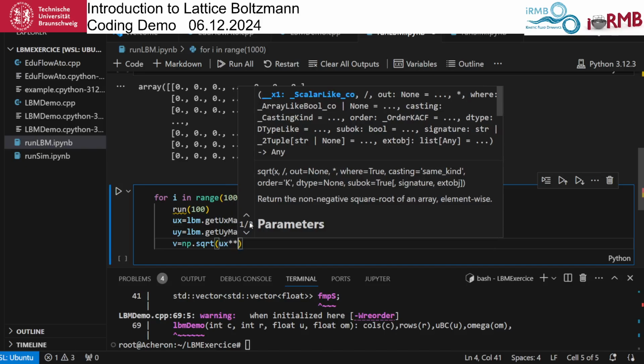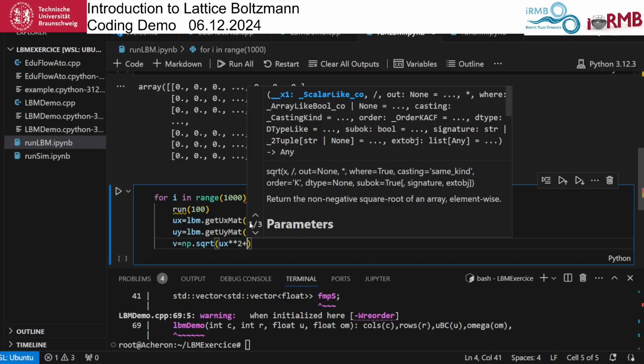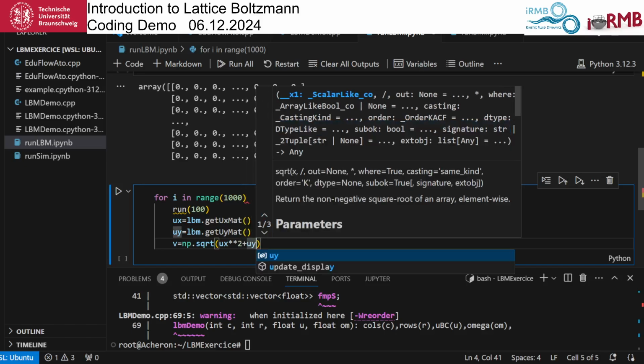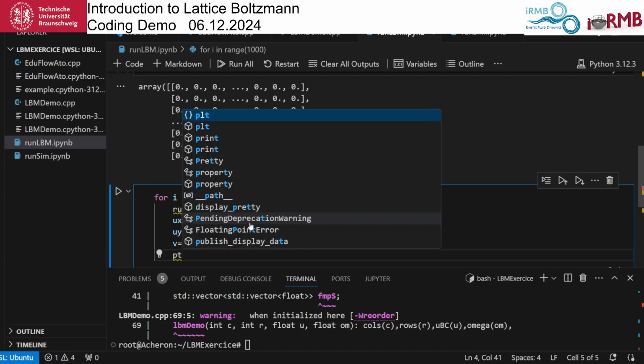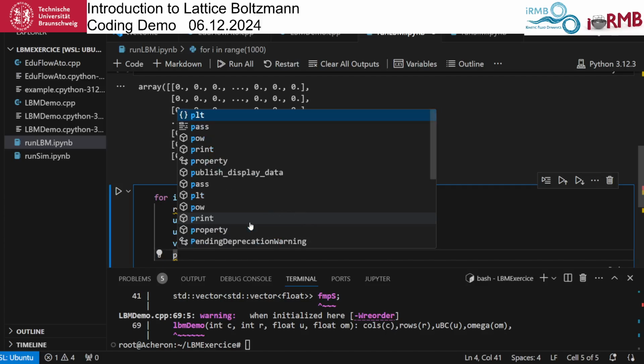Now we have to do this in this way, ux squared plus uy squared. So this gives us the magnitude, and now we use our plot, plt,